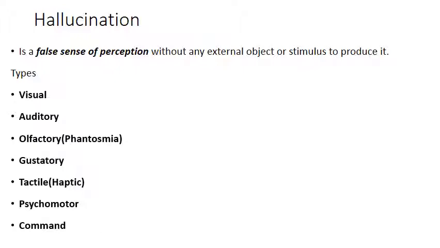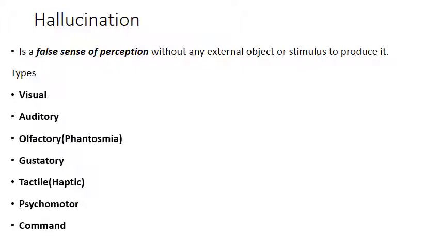In tactile hallucination, also called haptic hallucination, the person feels that some insects are crawling under his skin, or some green sands are present under his skin. That is tactile hallucination, also called haptic hallucination. And this is what I talked about in my previous class, where it was seen in case of chronic cocaine consumption, and it was given another name, that is called Magnan's symptom. That is same, nothing but a tactile hallucination.